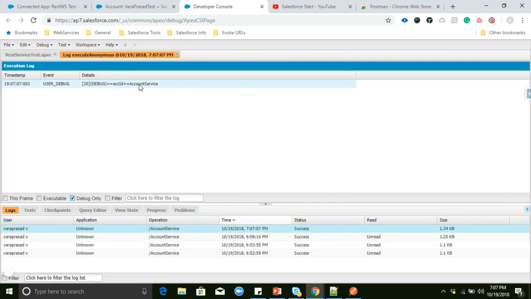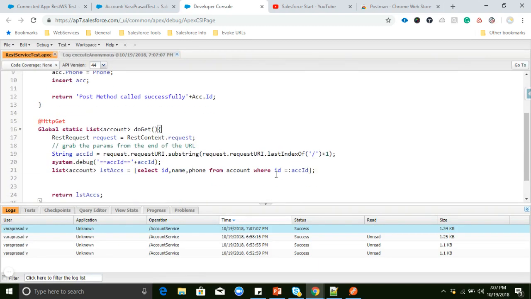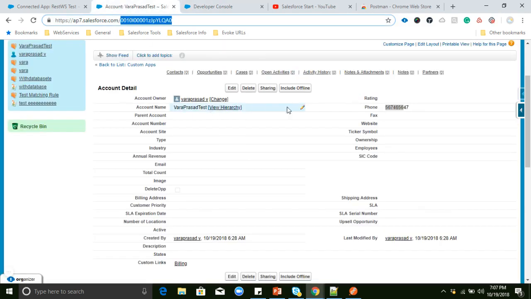So account id equal to account service, we are passing id here.